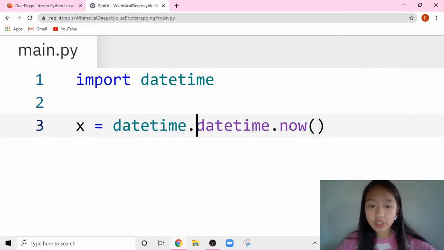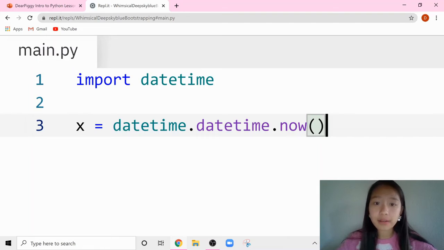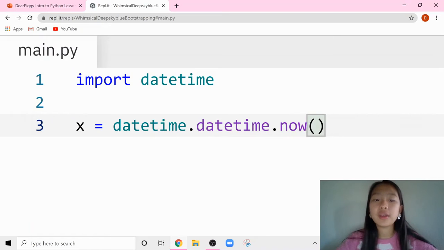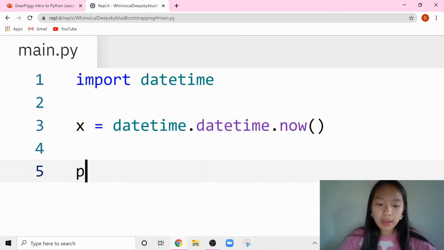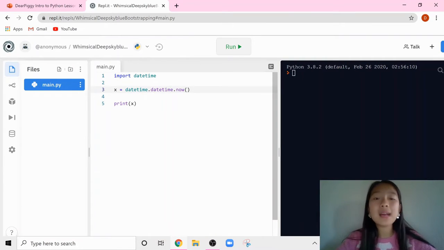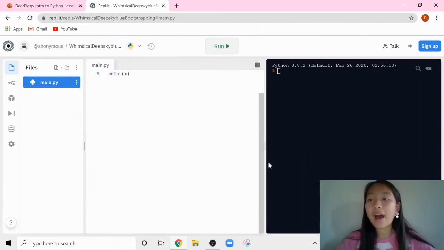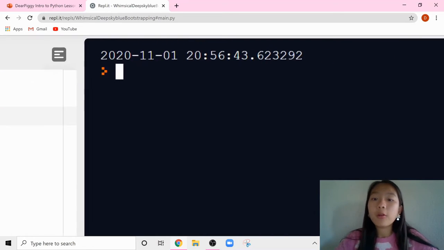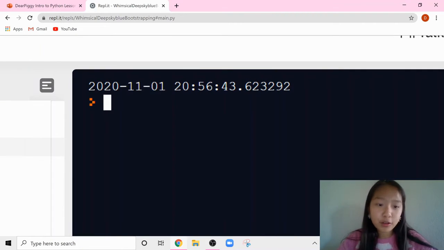And we will talk about objects in some next videos, but all you need to know is that this first one is the datetime library telling it that we're going to use something from this library. The second one is an object in the library, and the third one is the function called now. And what now does is give you the date and the time right now. So now we can print out x to see our date and time right now. Warning, it's not going to be the same as what you see on your clock, and we'll explain why in a second. So let's run our code, and we get, okay, so right now it is November 1st, 2020,